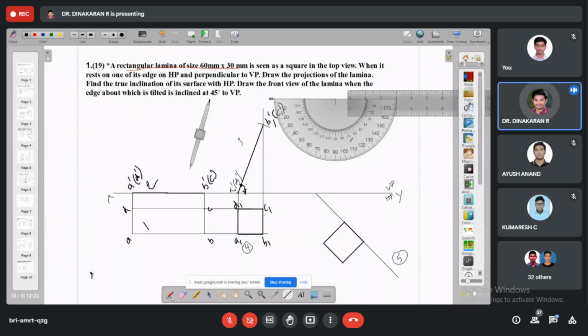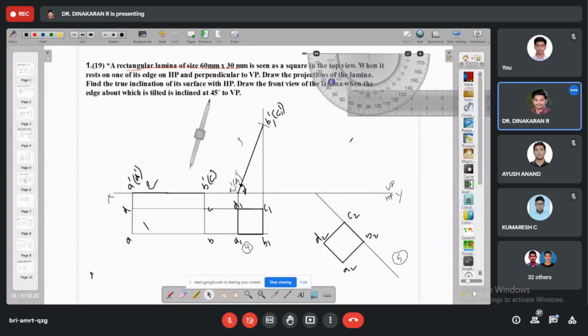Okay, now what are the points here? A, C2, B2, A2 and D2. After that, what is the procedure? We drew a top view. Then after the sixth step, what is the procedure? A2 and C2 will meet on the same line because that is a square at 45 degrees.